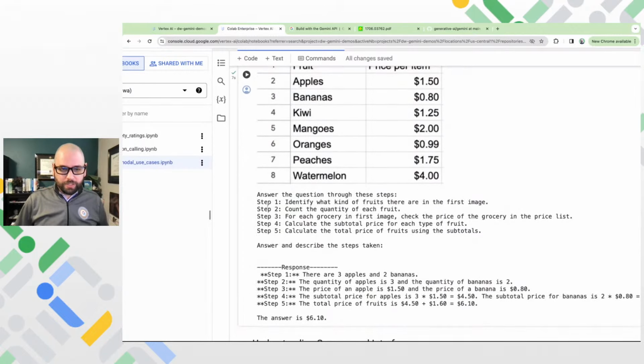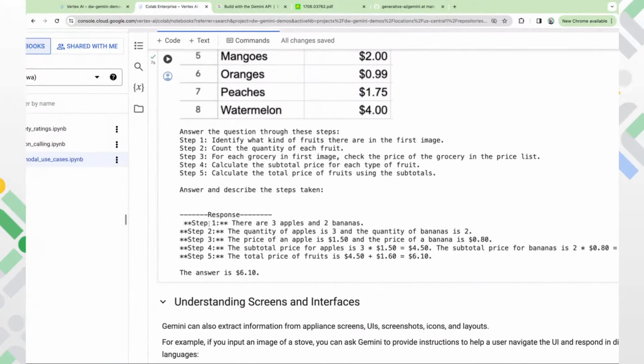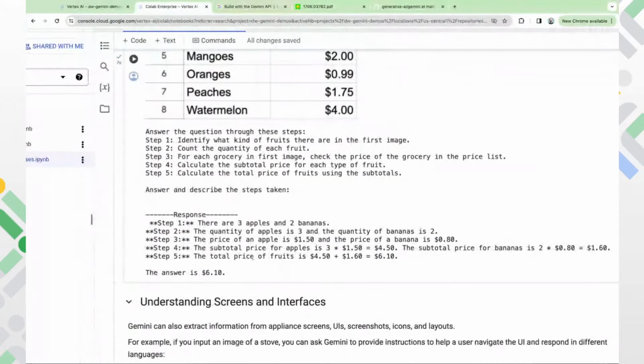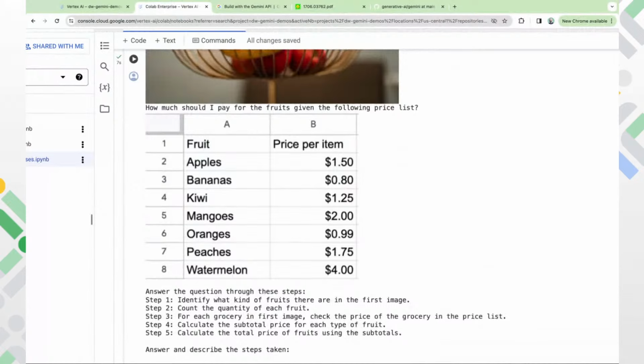This is the prompt that's been printed. Answer this question, and then here's the response from the model, right? So it's answering step by step. There's 3 bananas and 2 apples. That's correct. Quantity of apples is 3. Quantity of bananas is 2. Okay, we've gone from identifying how many there are to putting it into some kind of an understanding that Gemini now has, right? And then we're extracting the price of each of these items and then calculating the subtotal price for everything that we see in the image and then getting the total price that we should pay for the bananas, right? So this is all just the multimodal understanding, giving it text, giving it images, and then think about